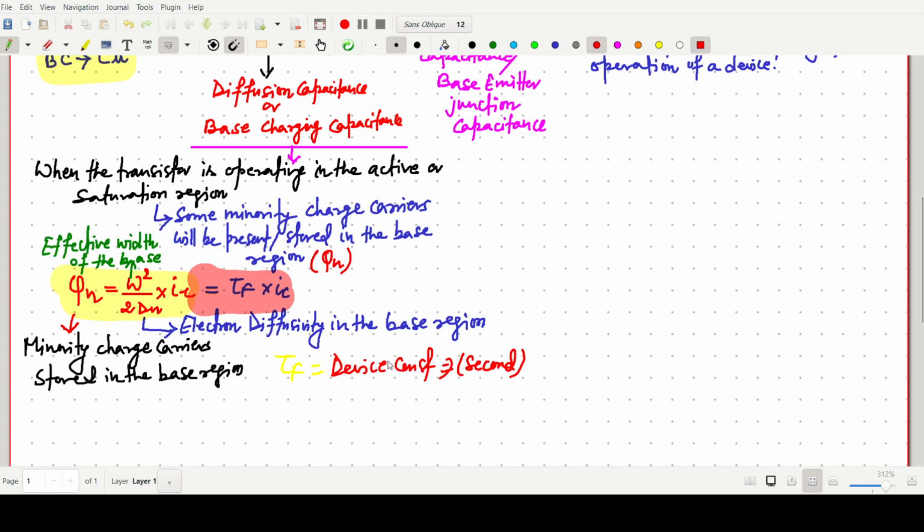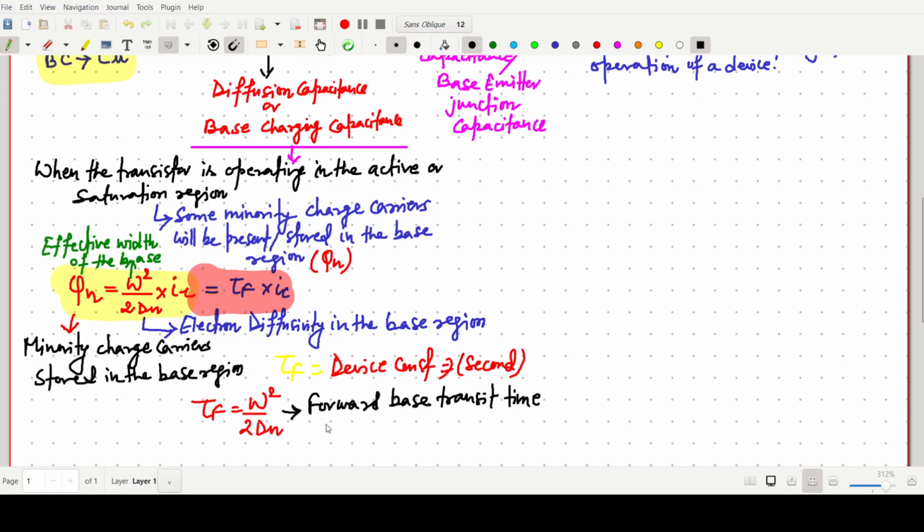Okay, so what does it signify? This tau f is nothing but simply W square by twice times of Dn. So this tau f or device constant, or we can say the forward base transit time. Because this one is a unit of time, so it should be forward base transit time, which informs the average